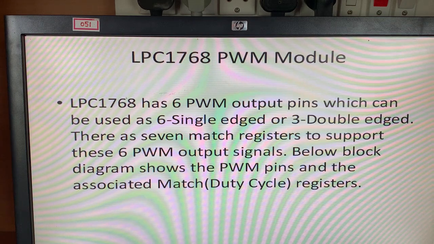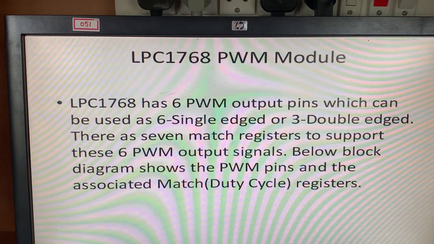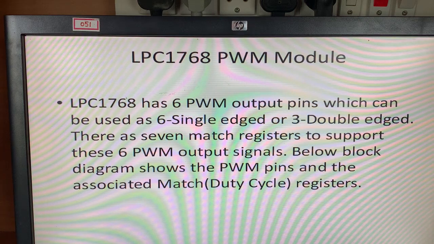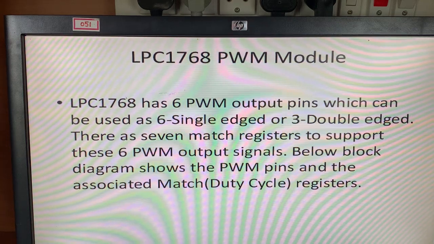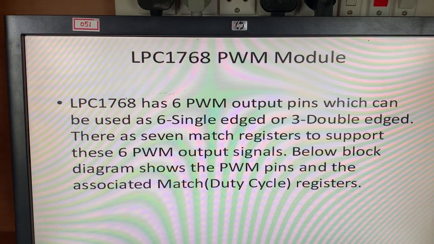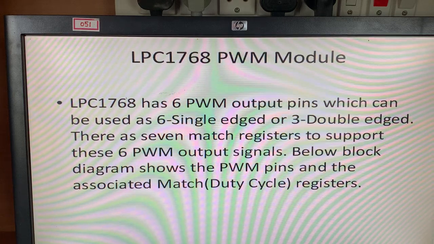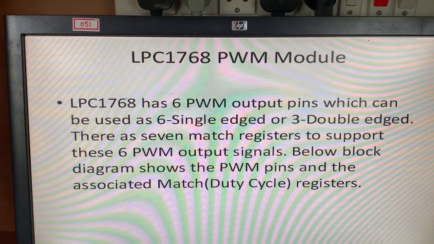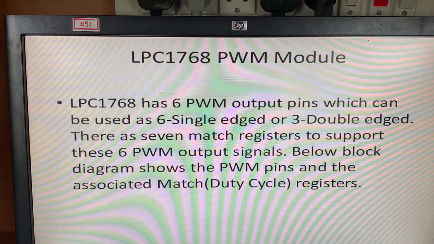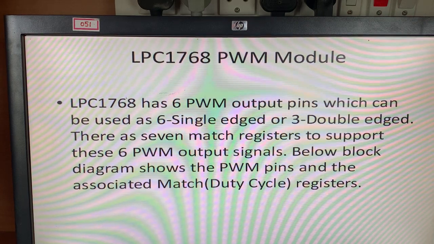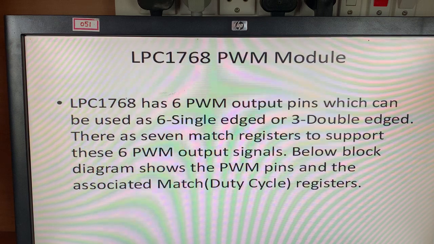There are 7 match registers, because to utilize the pulse width modulation technique we have to remember certain things. There will be a separate or dedicated register assigned for the PWM module. To utilize the inbuilt pulse width module of the 1768 series, certain registers have to be used in the program.